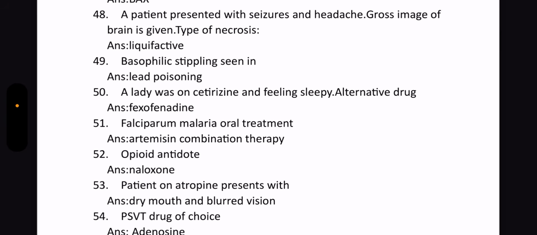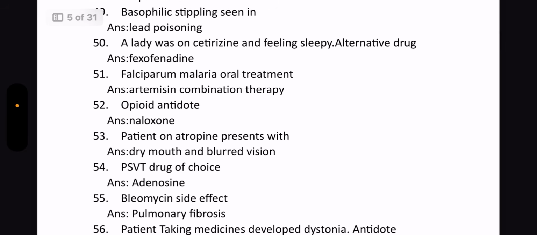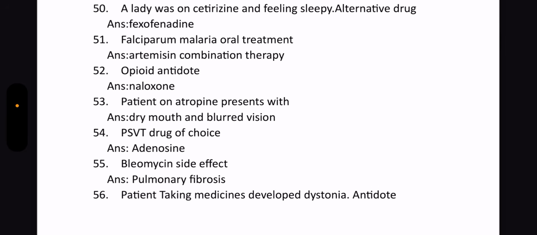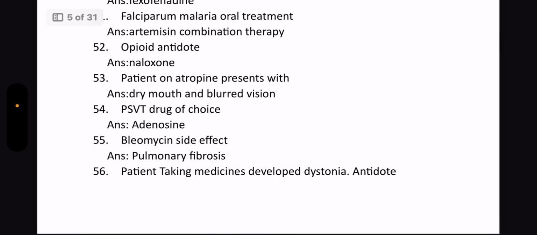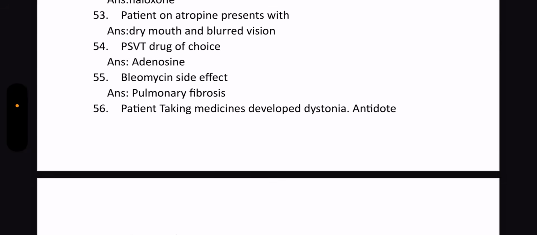Next, pro-apoptotic gene, Bax. Next, patient presented with seizures and headache. Gross image of brain is given. Type of necrosis is liquefactive. Basophilic stippling is seen in lead poisoning. Lady on cetirizine feels sleepy. Alternative drug is fexofenadine. Falciparum malaria oral treatment is artemisinin combination therapy. Opioid antidote is naloxone. Patient on atropine presents with